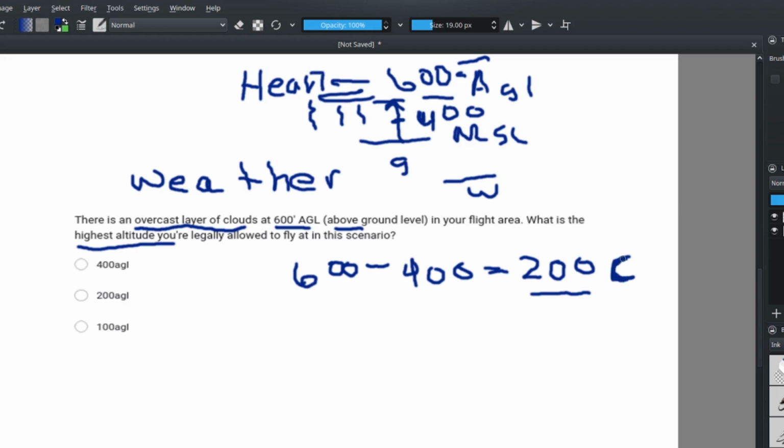So 200 minus 100, make sure it's clear, and now I have 100. And that's your answer. When you put in that extra 100, you can say this is a precaution. P for precaution. You just lower even more. It may be clear at 200 feet, but you do a little extra. So the actual answer is